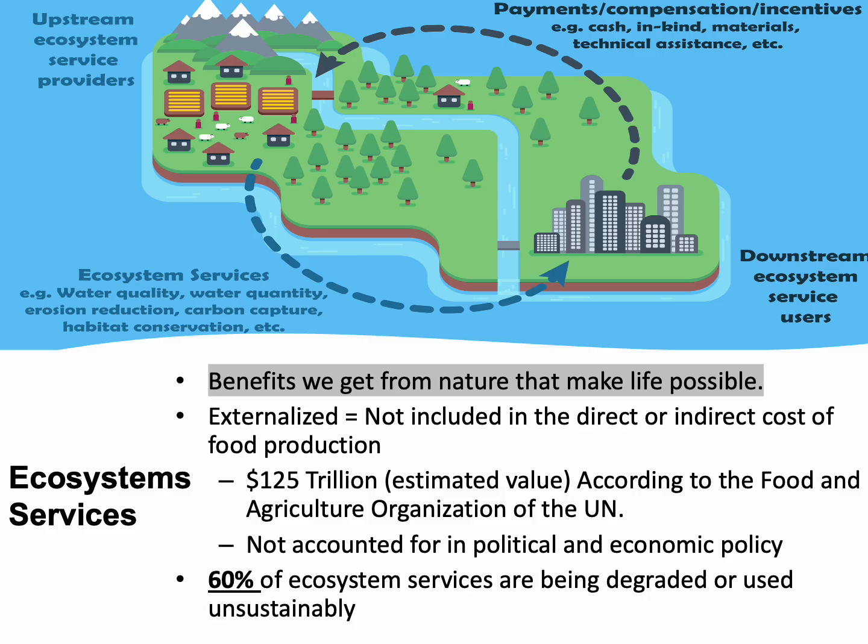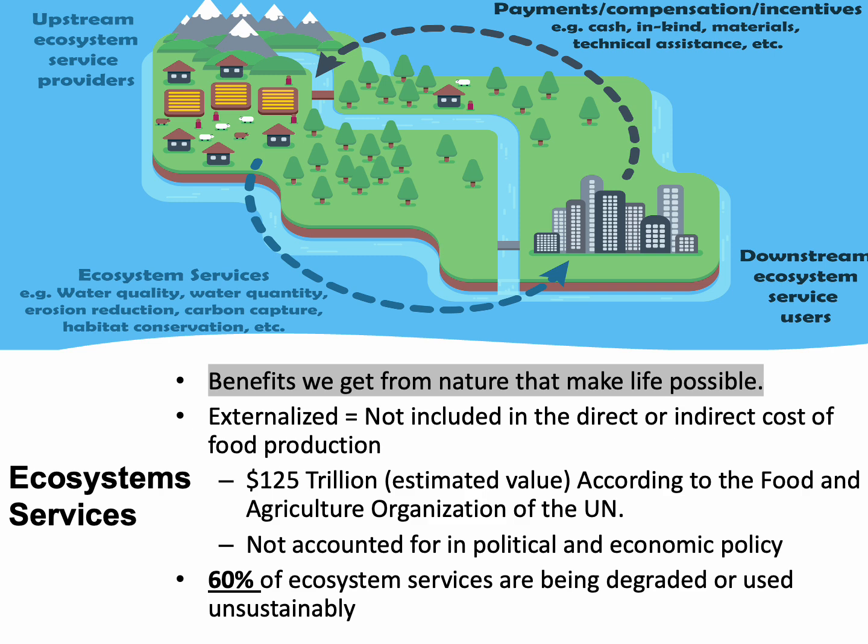The graphic on this slide is both symbolic and literal. We have humans, for the most part, living apart from unspoiled, or you could say less spoiled, natural ecosystems. So here in the graphic, literally the river flows downstream to the city where people use the water for bathing, for drinking, for washing, for a million different things, right? The water is an example of an ecosystem service. That's something that the ecosystem provides. We'll discuss many more examples shortly.